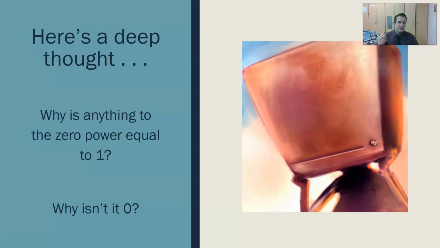I want to have you think about something just for a second, because I've had questions like this in the past. So here's the thought: why is anything to the 0 power equal to 1? For example, 2 to the 0 power or x to the 0 power. We talked about in the last lesson how anything to the 0 power is equal to 1. If I have 1,234 to the 0 power, it is equal to 1. Why is that the case? I have lots of students that ask me, well, why isn't it 0? Why isn't anything to the 0 power 0? Well, take a look at this for a second. I've told you that anything to the 0 power is 1. We've tested it out a couple times in our calculator, but